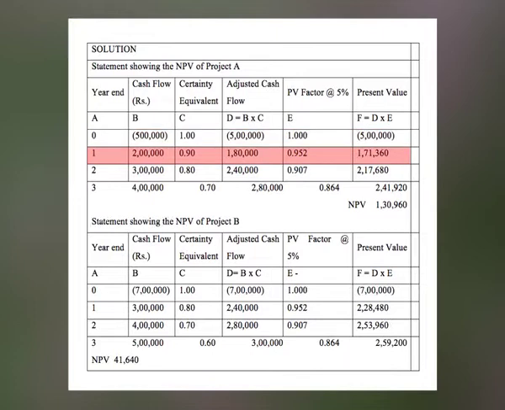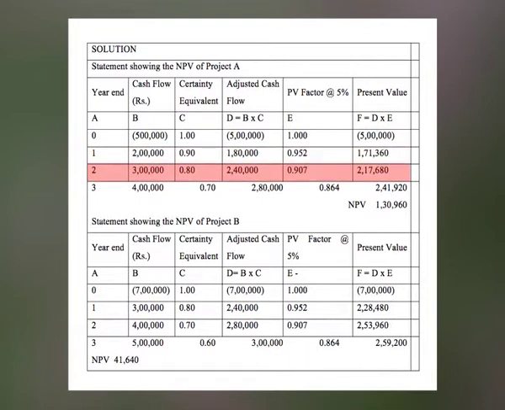In the first year, the cash flow is 2 lakhs, the certainty equivalent is 0.90, the adjusted cash flow is 1,80,000, the PV factor at 5% is 0.952 and the present value is